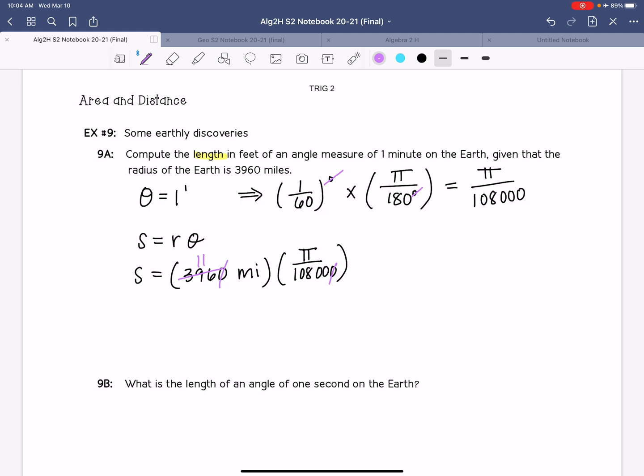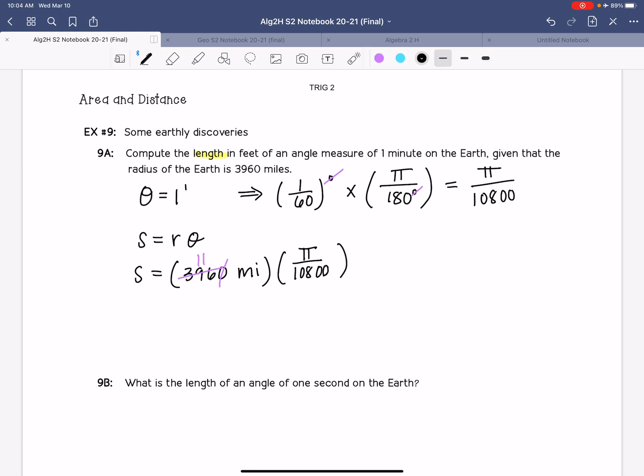Oh, I have too many zeros. I messed up. Take off a zero. There we go. Okay, now we cancel those zeros, and then this would be 30. So 36 went into both of those. And 11 and 30 can't simplify anymore, so we're going to get 11 pi over 30